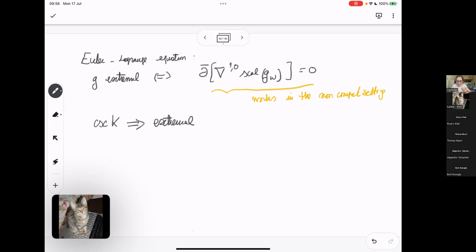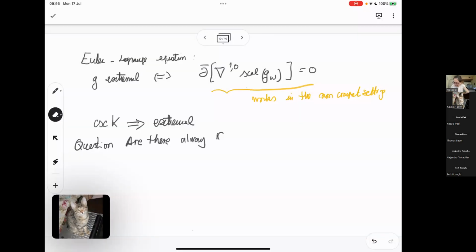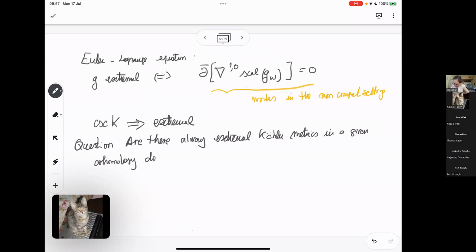Okay, and so one of the fueling questions in Kähler geometry in the last, I don't know, 30 years has been: are there always extremal Kähler metrics in a given cohomology class on a Kähler manifold? Okay, and we know that the answer is no,